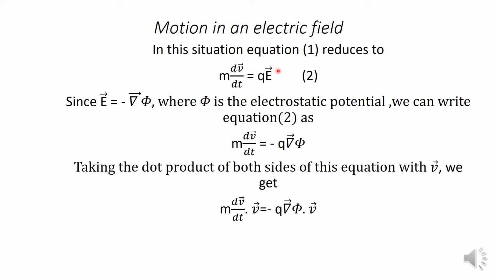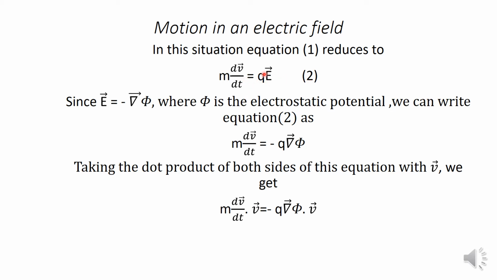As we consider only the electric field, we neglect the magnetic term, that is q v × B. Thus equation 1 can be reduced to m dv/dt = qE,